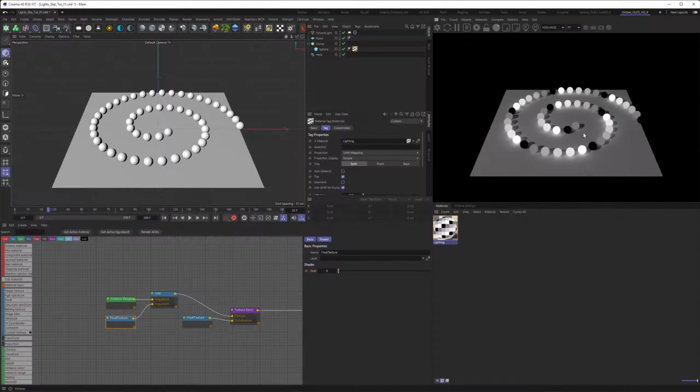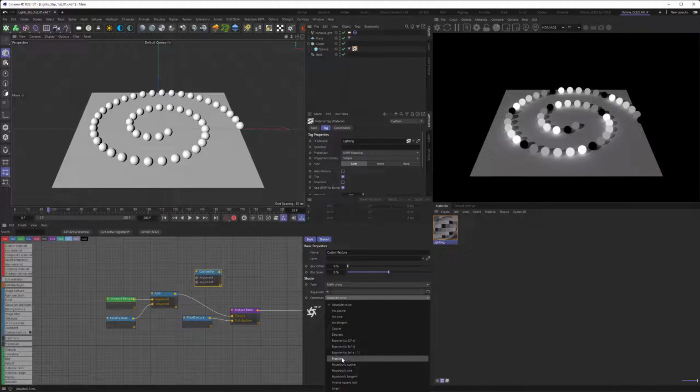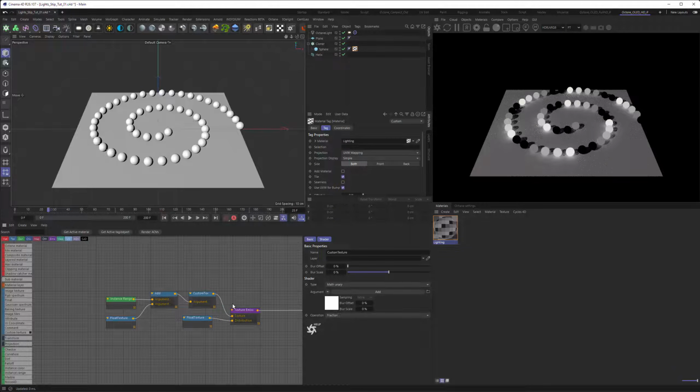So let's go back to our scene here and duplicate this math node. The fraction is a unary value, so let's go and say math unary and then search fraction in this list. And it's actually here. Right now the node isn't updating, so get active material here and let's bring it inside of the stream. And you can see there's something going on here.